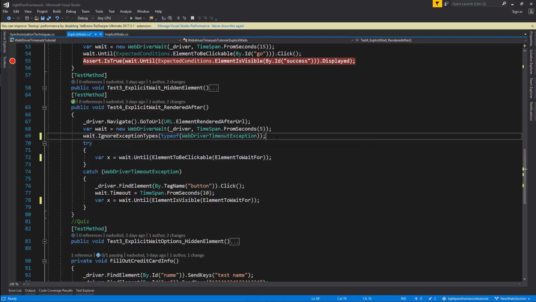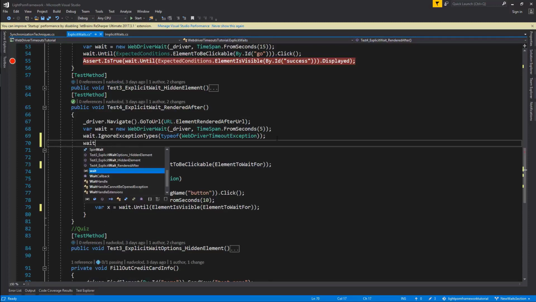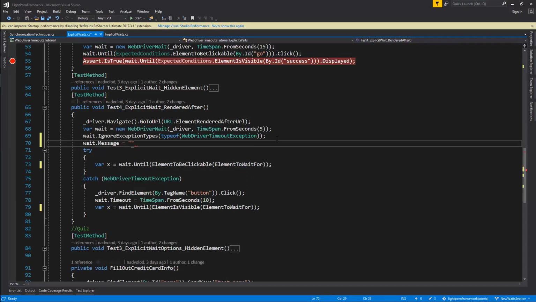The other thing that you can do in order to customize your wait is you can add a message. The message is something that's going to be thrown whenever your WebDriverWait fails. So if you're unhappy with the WebDriver timeout exception message that says unable to find element, blah blah blah, waited for this amount of seconds, you can say, you know, something like